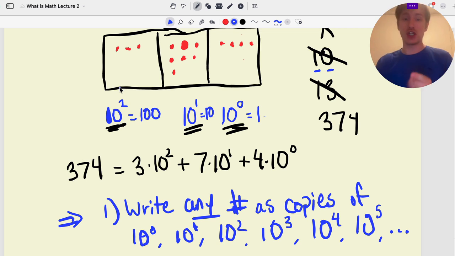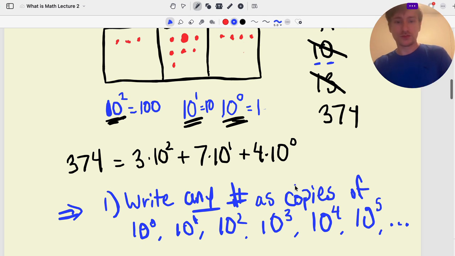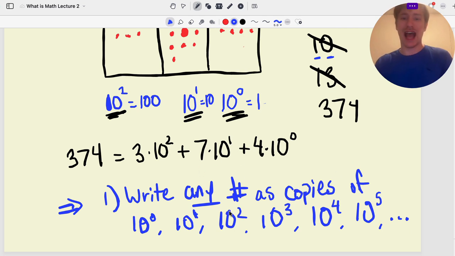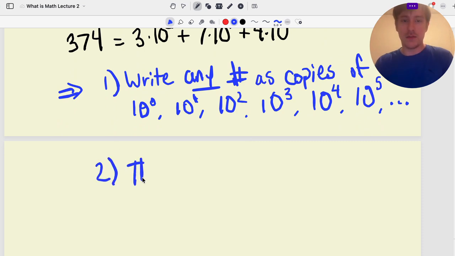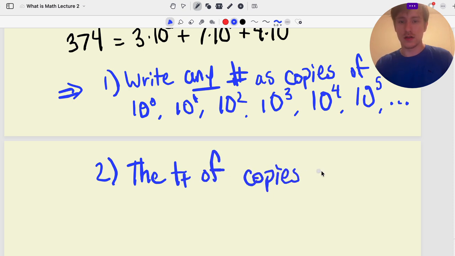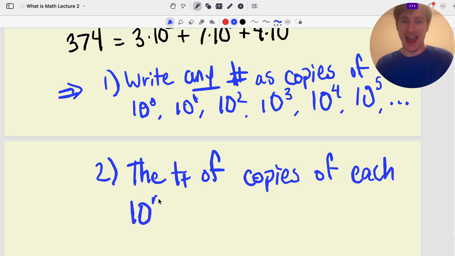The observation is that I can actually write this as some number of copies of 10 to all these different powers. But the second observation is the number of copies that I get of each, we'll say 10 to the n,